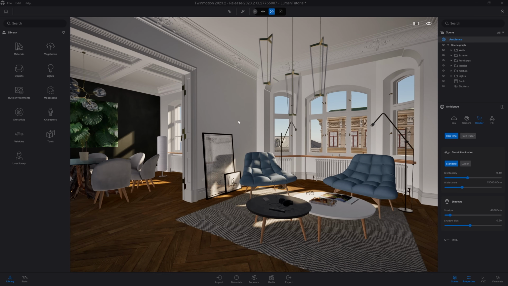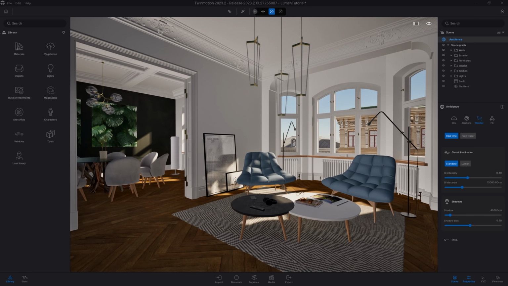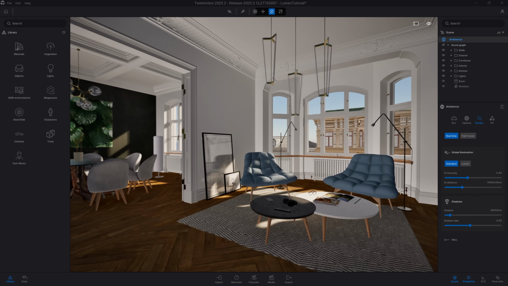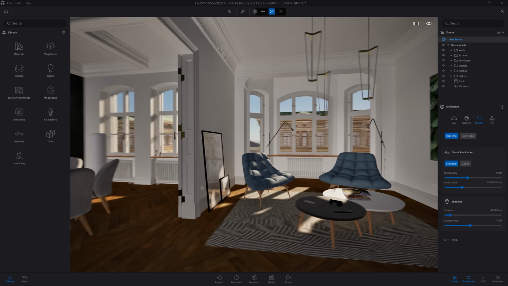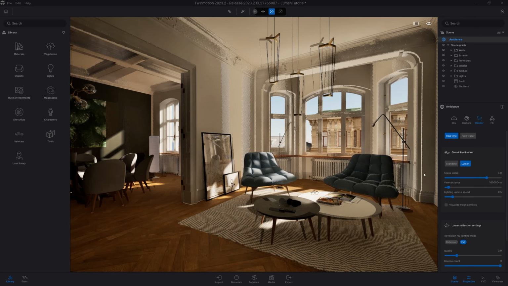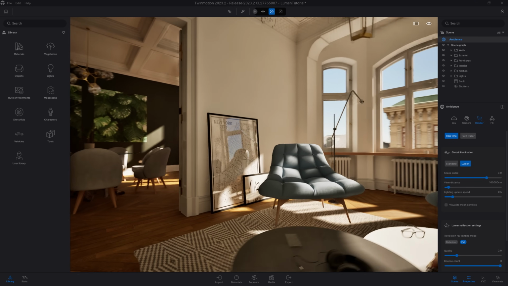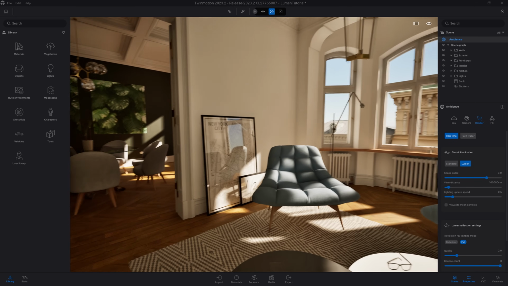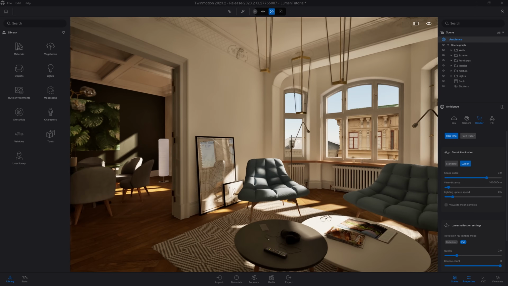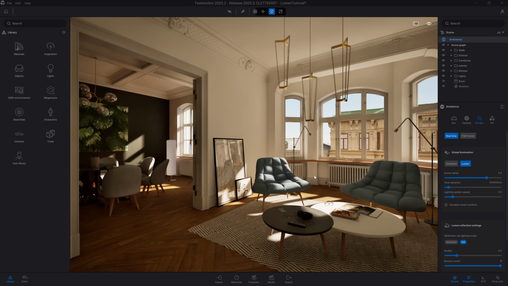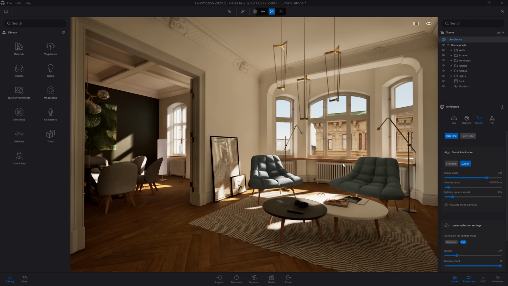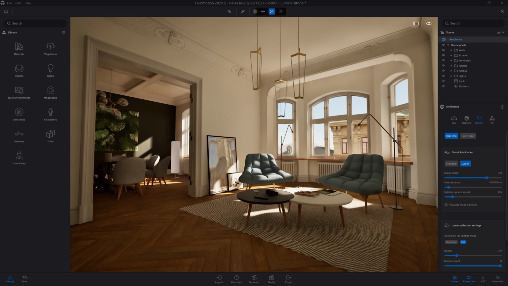So here, if I click to standard, as you can see, I don't have any more light bouncing on the wall, on the ceiling, and coloring the space. Also, the reflection is way more accurate, as we can see here in that picture frame, we can see the back of that chair. And in more general, all objects feel more anchored in the scene, as we can see here the shadow that is created behind the heating system here.